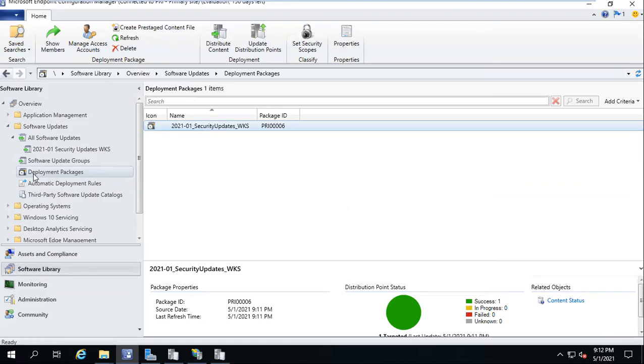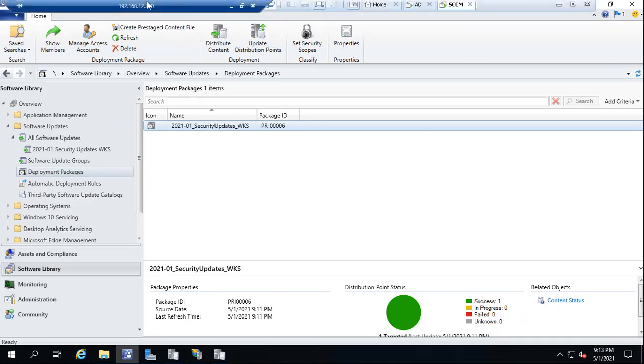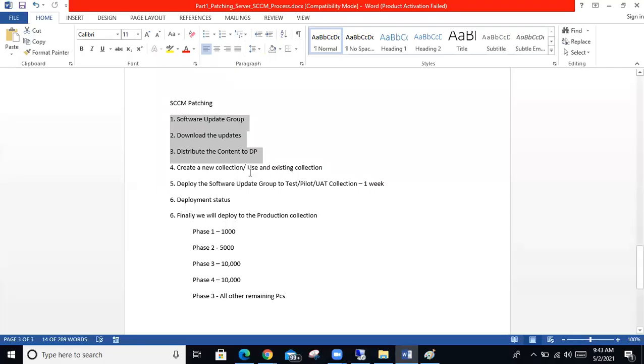It's up to you because sometimes it won't have any issues for 20 times, maybe one time it has, and you get stuck there. Okay, so you need to make sure if you have 100 DPs, all 100 DPs have to be in success state. Most of the content has to be in success. Then there will not be any issues. Then after download is completed and distribution is done,